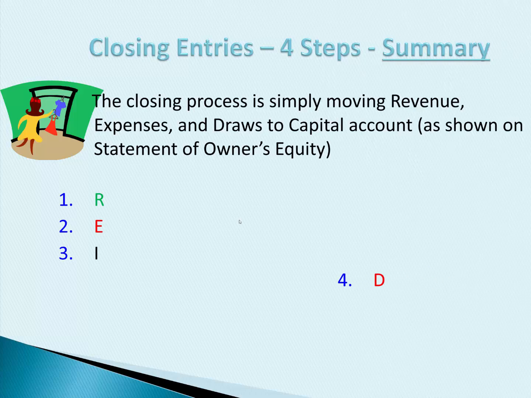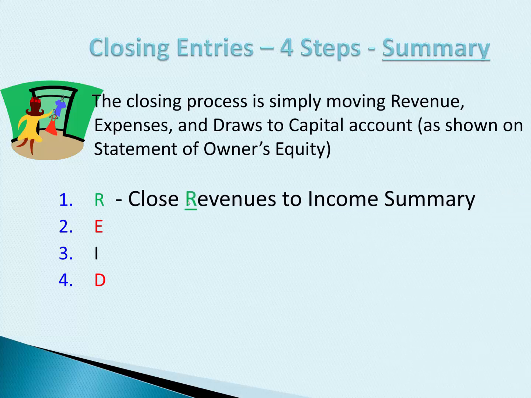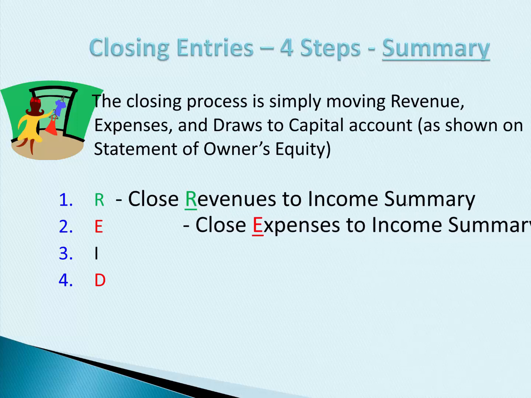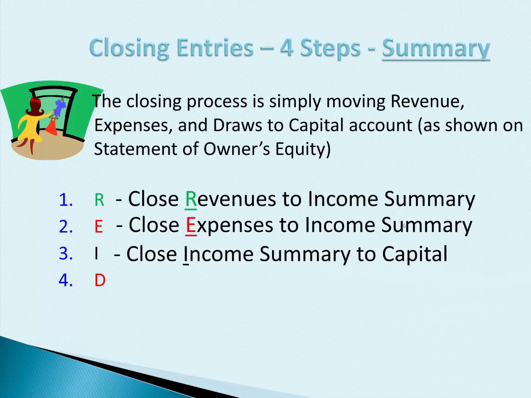So if you ever have to memorize this, some students like to memorize the REID, and you can think of an acronym for that. So what the R stands for is revenue. So what we're doing is we're closing revenues and we're going to put it temporarily into the income summary account. And then we're going to close all the expense accounts and close those temporarily to the income summary account. And once the revenues and expenses are in the income summary account, we're going to close the income summary to